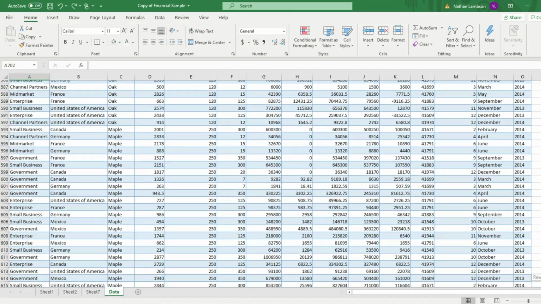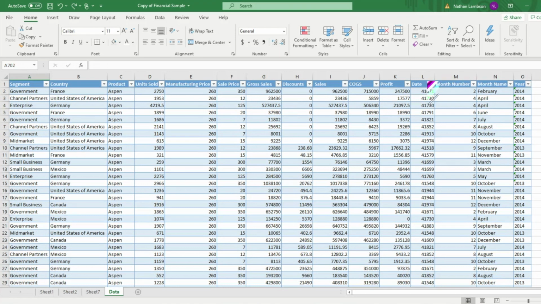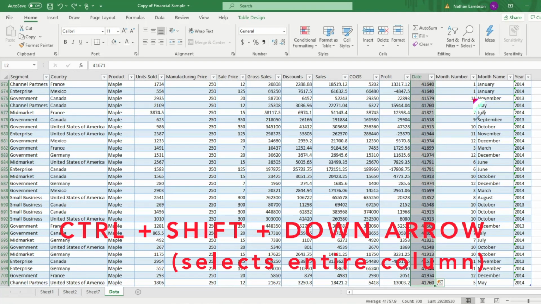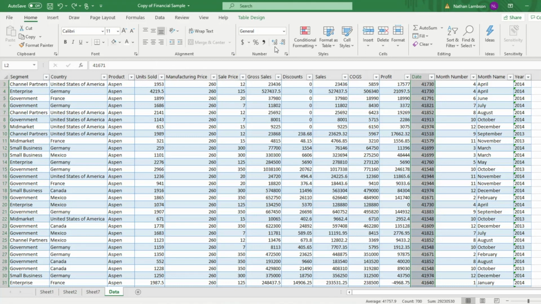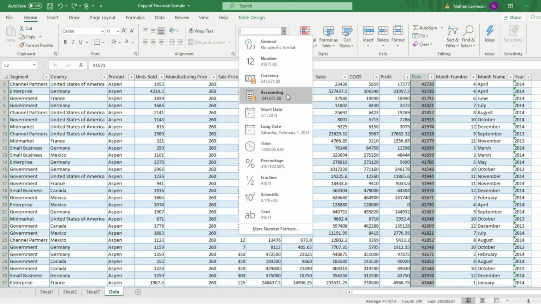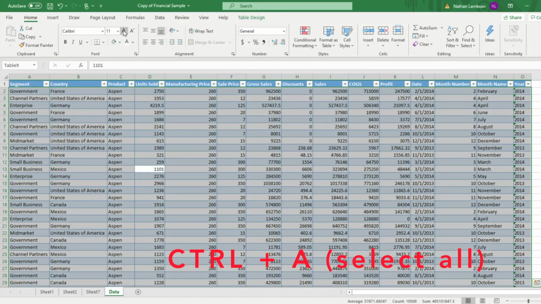So just take a look at your data, make sure that it's properly formatted, and you don't have any errors in there that could cause you some issues. I see that my date column is in a weird format, so I'm going to hit Control Shift Down Arrow. That's going to select my entire column. I'm going to go to Home and select a date format for that, so it will show our data in date format. So now that we have our data here in a table, again, I'm just going to hit Control A, and we can do a couple things. We can go to the Insert tab,